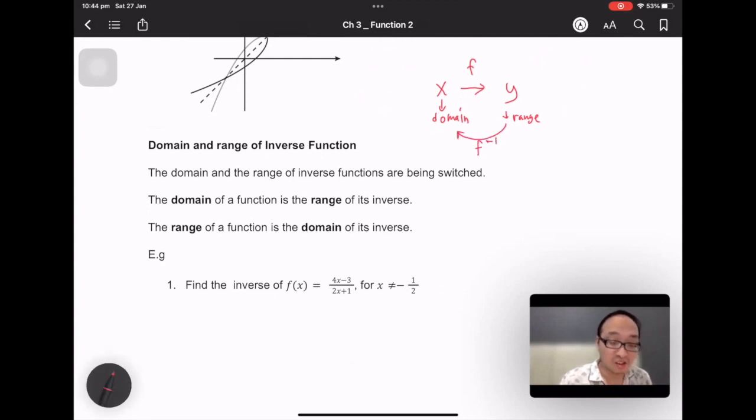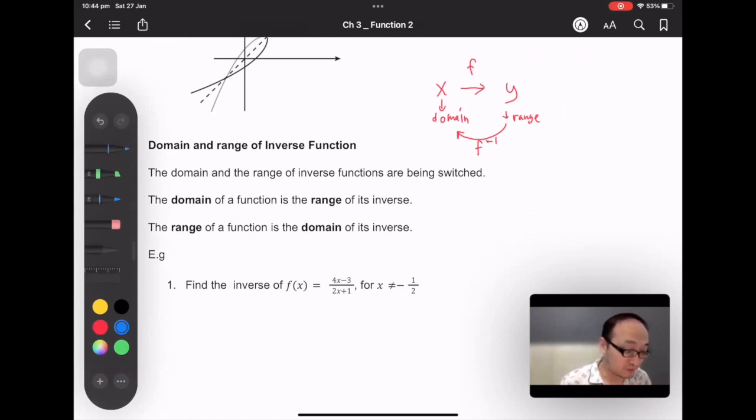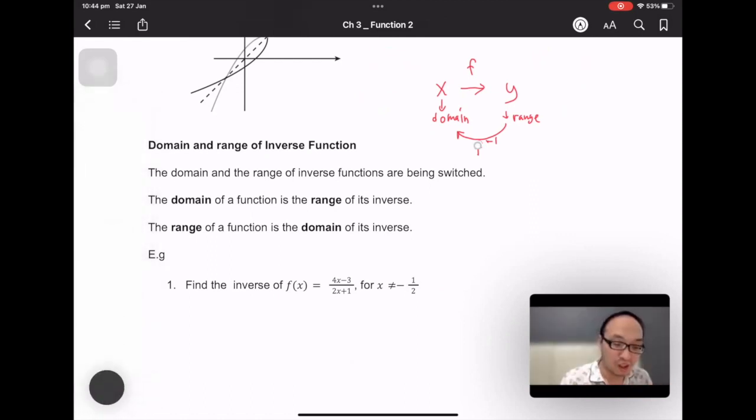For the inverse function, I put it in blue. That means the domain of the inverse function will be y, and x will be the range,